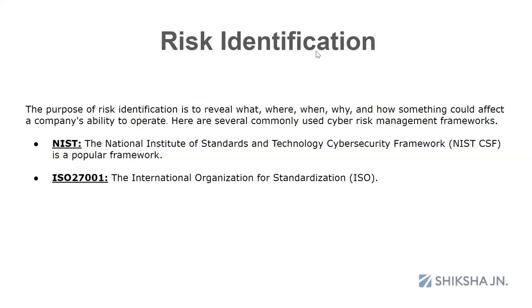Because ISO also comes under a proper structure of NIST, it is more or less 95% the same as NIST. So ISO is also a major standard to make sure an organization is completely standardized. If something goes beyond this NIST framework or ISO, okay, then that is going to be identified as a risk in the risk identification stage. There will be manual procedures happening in this stage, and once the risk is identified, they'll note it down in the risk registers. So, such and such a risk has been identified and we need to provide a solution for it. That is the risk identification phase.